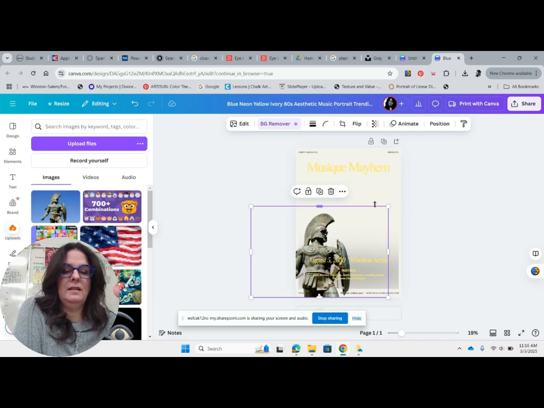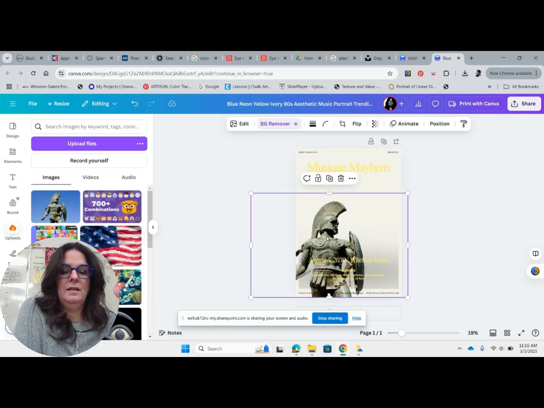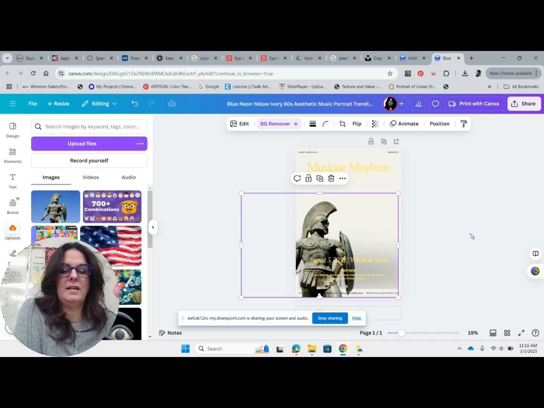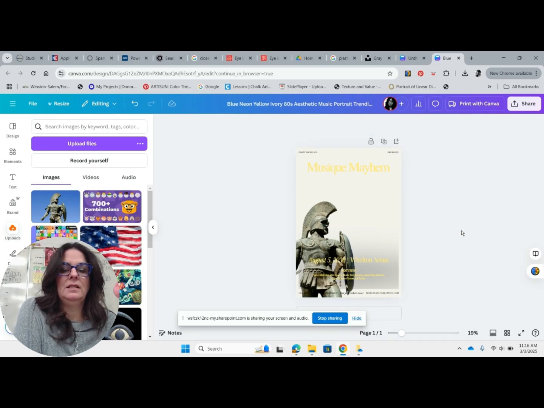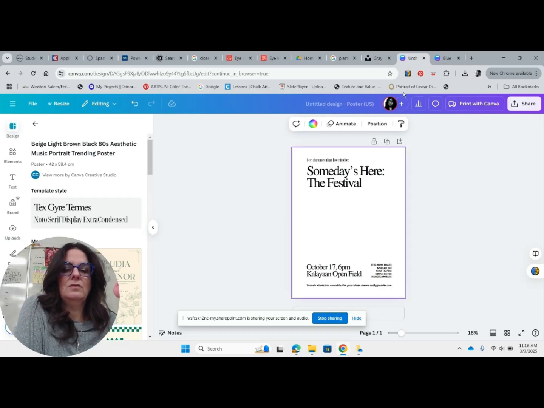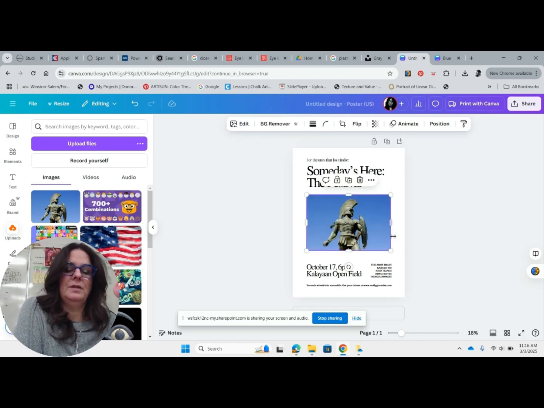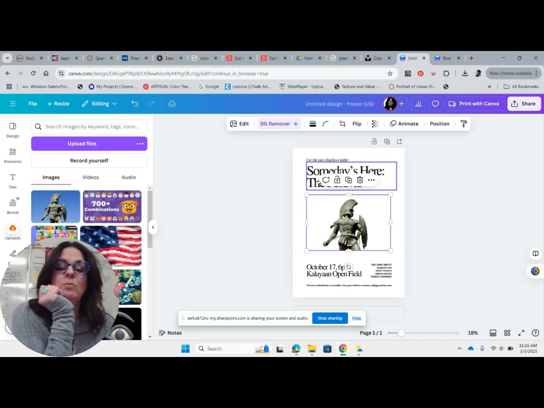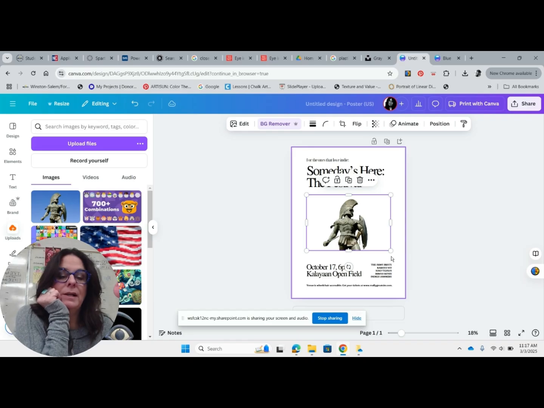And I like that he's been cropped. He doesn't take up the whole space. He's not right in the middle, and he could be looking at something I add over here to the right. So I'm going to go back to this one. I'm going to see if my Spartan is there, and I can upload him here and remove. So I have 2 posters going at one time, just kind of playing around with